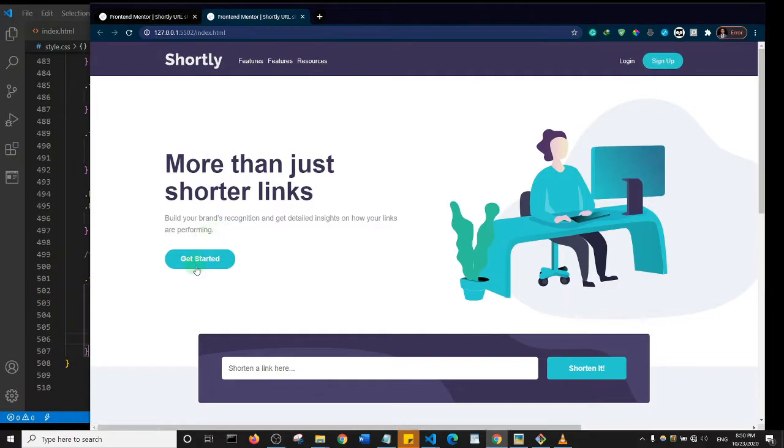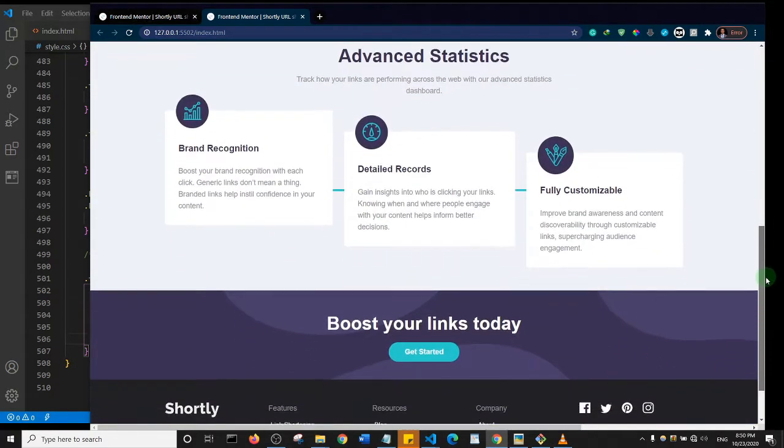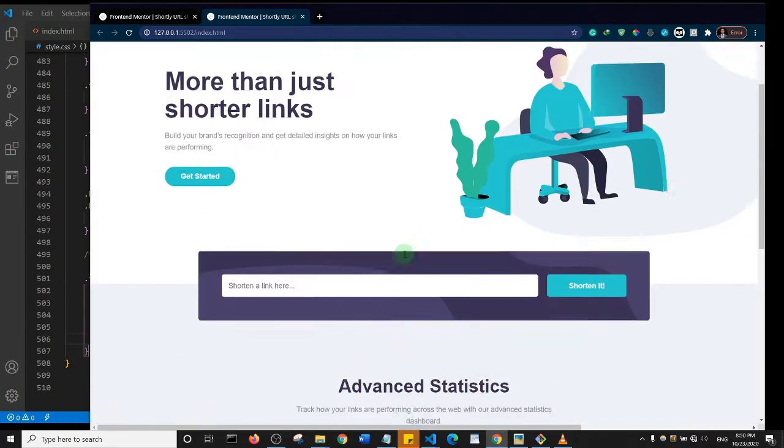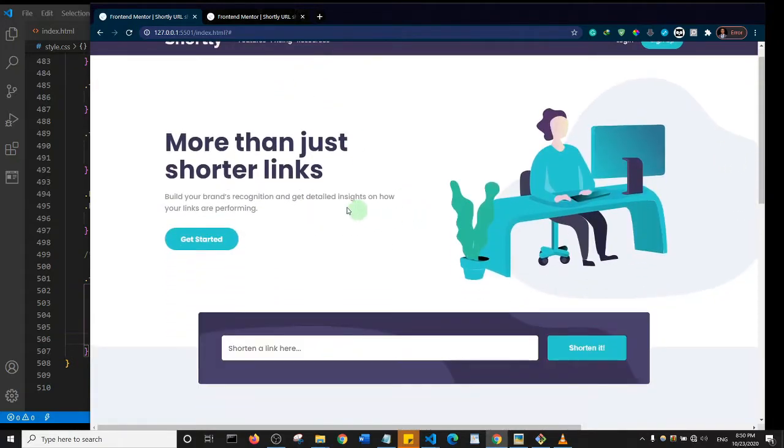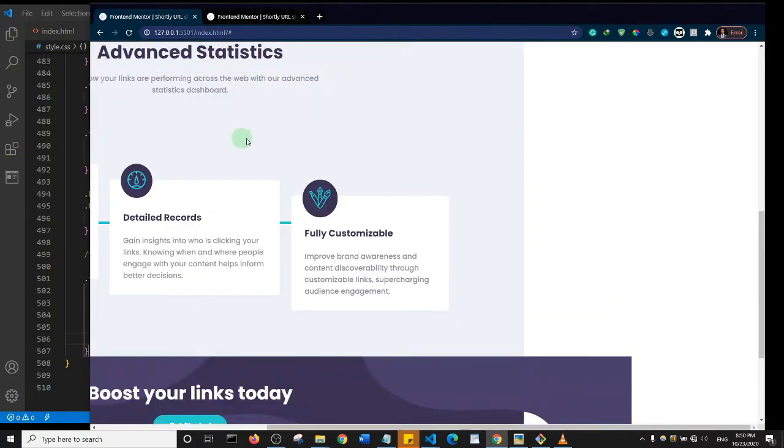So far we've been able to build this website. Now what we're going to do last, but not the least, is write a small animation for this initial section here. So if I, let's say, click on this button. Okay, so when you refresh the page, there's this animation that